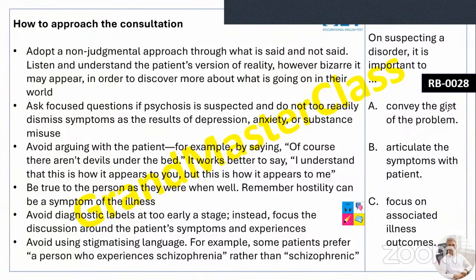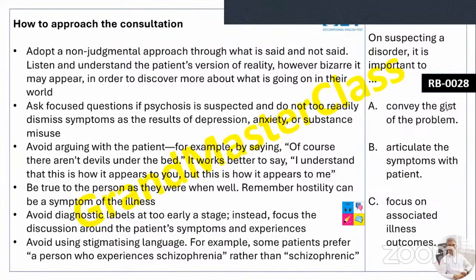They told us that we need to take the patient history, we should not ignore the patient symptoms, and we should not jump to the diagnosis at once. If we keep these points in mind and go to the answer options, 'convey the gist of the problem'